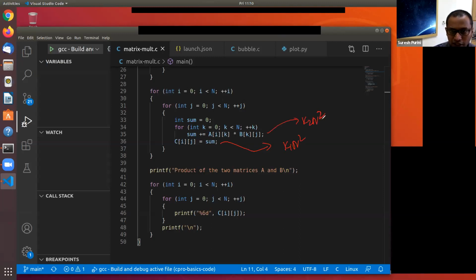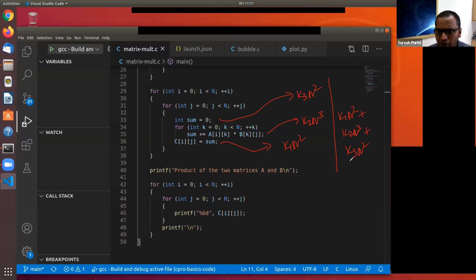No, this is k2 n cube, and this is also k3 n square. So you may say the total amount of work done is k1 n square plus k2 n cube plus k3 n square. So you can do a more accurate calculation of work done,